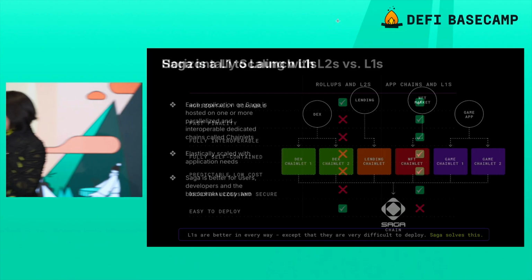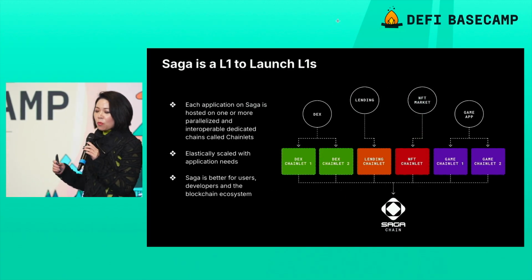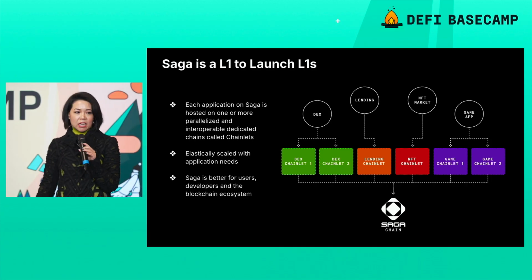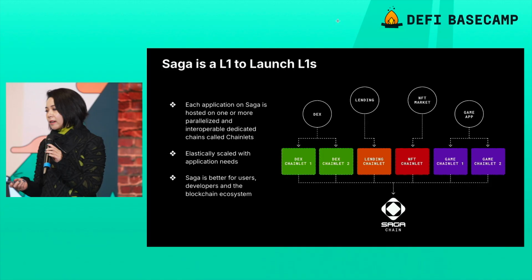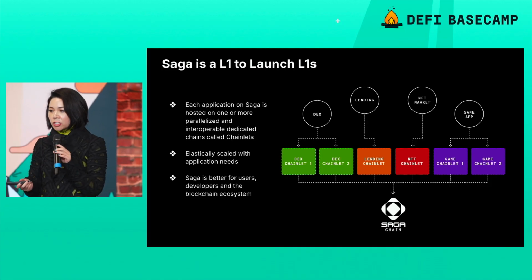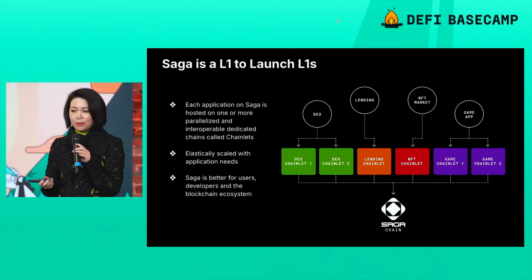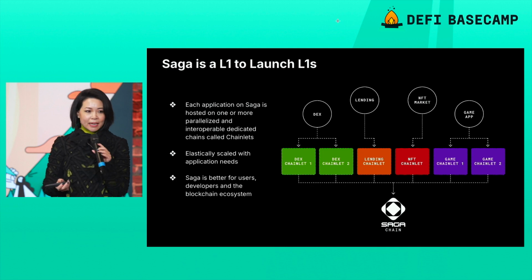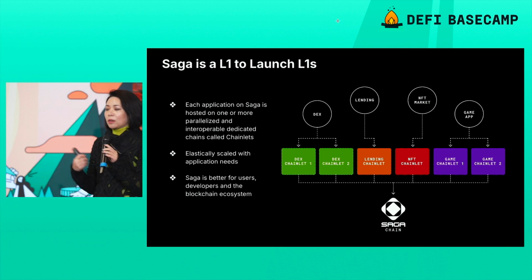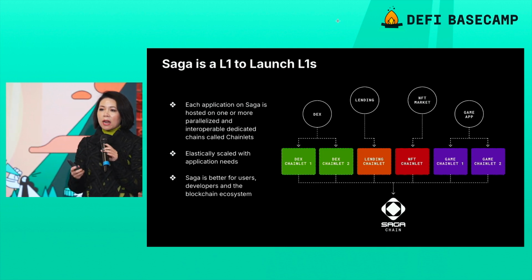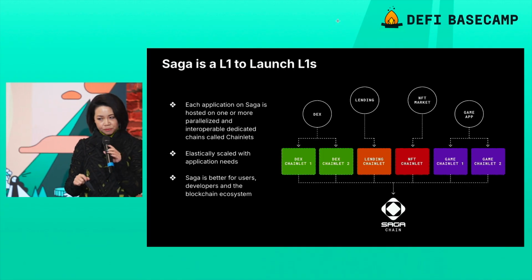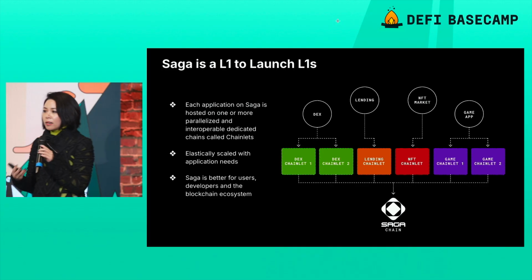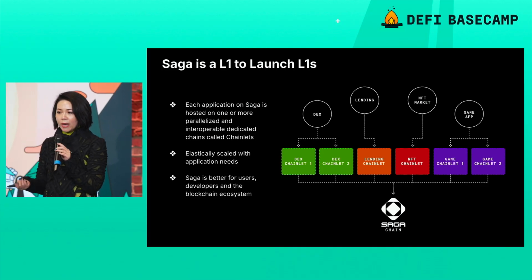So, can we go to the next one, please? Thank you. So what we decided to build is a layer one to launch layer ones. If you look up the Saga app on our website, freely available there, you can launch your own layer one in about 2 minutes. It takes 5 seconds to fill out the chain parameters, and then you gotta wait for the validators to sync. But every single layer one that is launched on Saga is a replica of our mainnet. Okay, so we have automated the launching of layer ones.